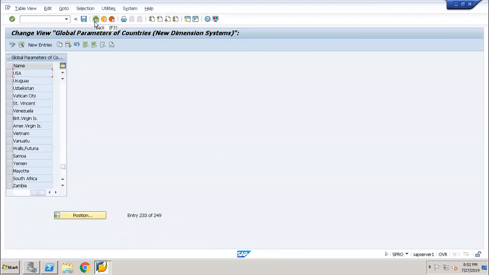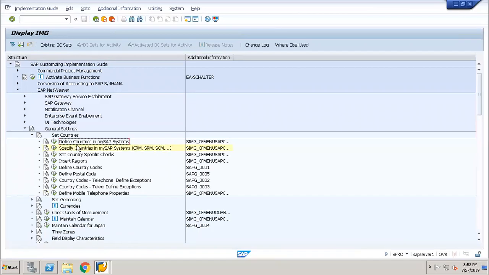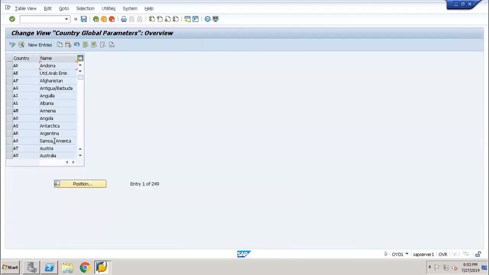Not here, in the earlier step. So define countries. The path for this is IMG, SAP NetWeaver, general settings, set countries, and define countries in my SAP systems. Here, select US,